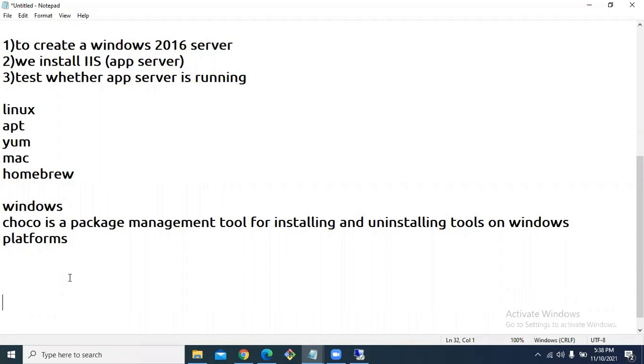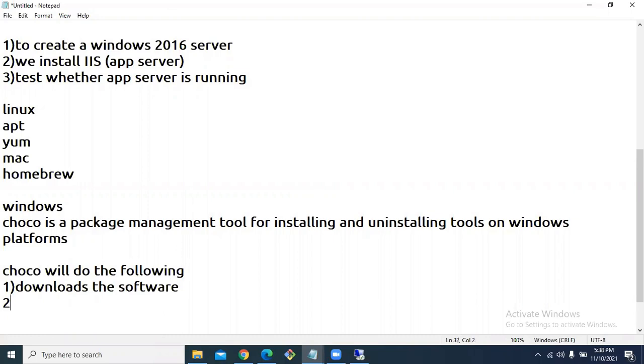So Chocolatey will do the following. What are the things it can do? It downloads the software and installs the software, and also sets paths.